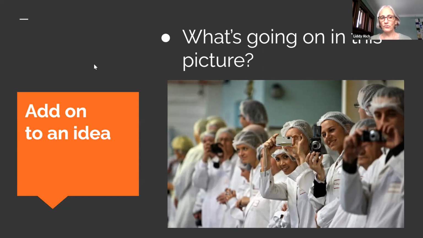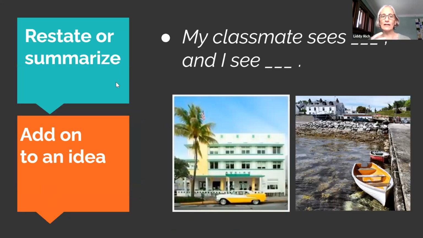This is really great for adding on, but if we just do the what do you see piece first and practice that, I would have them look at a picture that doesn't quite have as much story. And these pictures came from, let's see, the boats came from, I think, Unsplash. I forget exactly what that one is called. The car picture came from